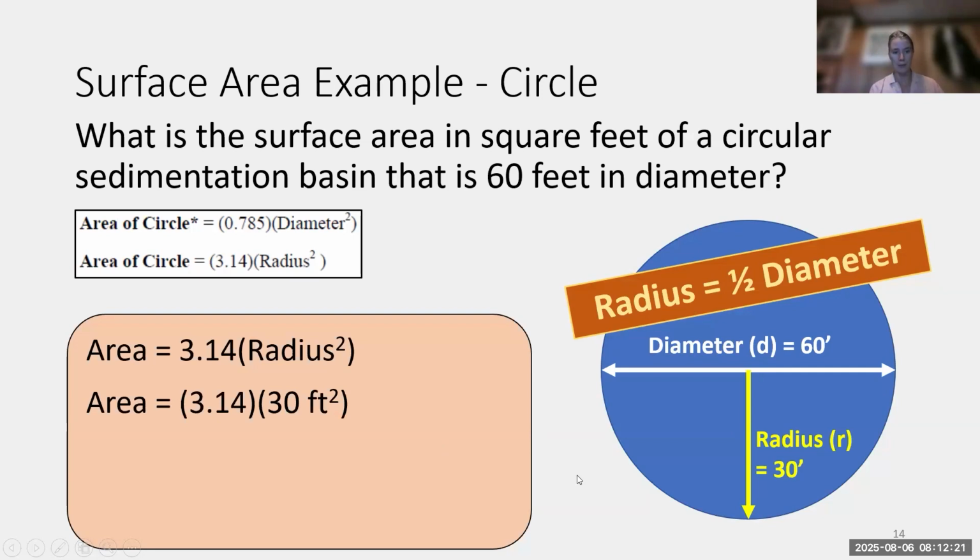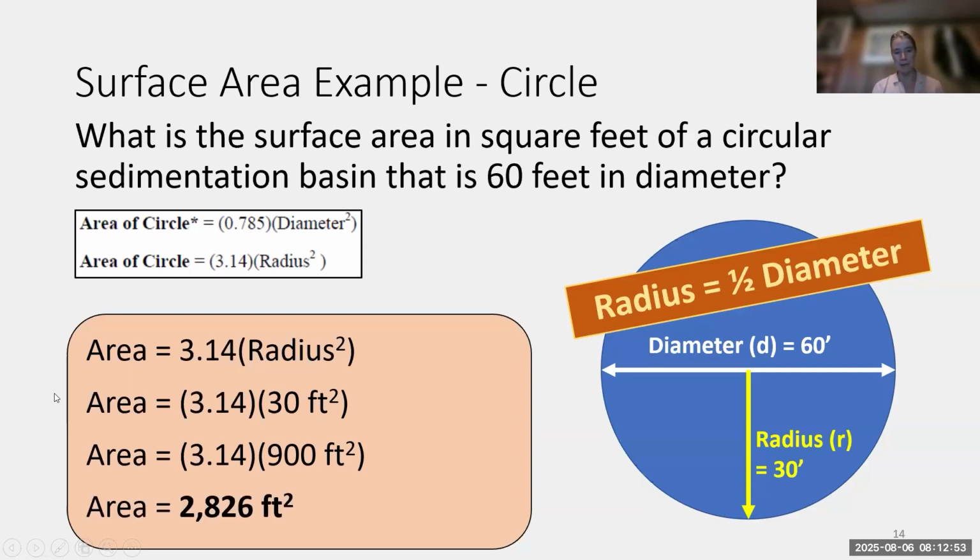We can get 3.14, which is pi, times 30 feet squared, right? Because the radius is 30 feet, and then we need to make sure that we're squaring that radius. If we do that, we can take this individually. We could go 30 squared, 30 feet squared, and then that gives us 900 feet squared. If we go 30 times 30, we get 900. And then we'll multiply that by our pi, which is 3.14, and that gives us a final answer of